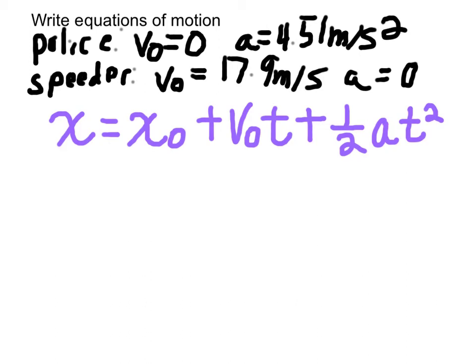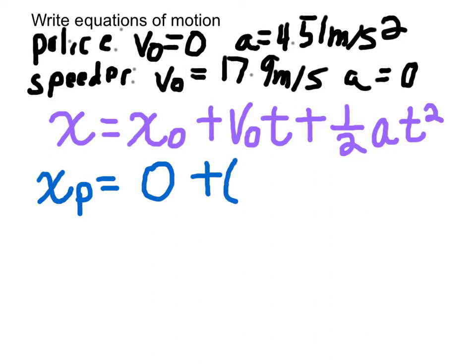In my diagram earlier, the speeder was the red color and the police car was blue. So let's do the police first. Final position of the police car equals the police car's initial position, and we're calling both of their starting places at the origin, so that's just 0. Notice I'm just filling in the equation. The police car's initial velocity is also 0, and we have the police car's acceleration, 1/2